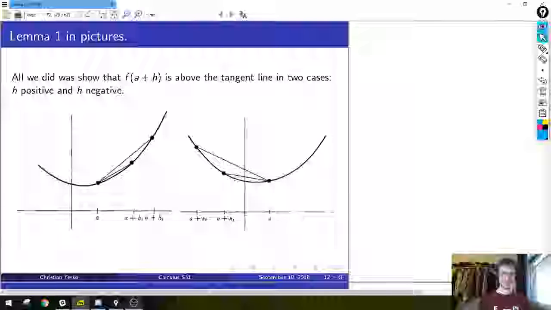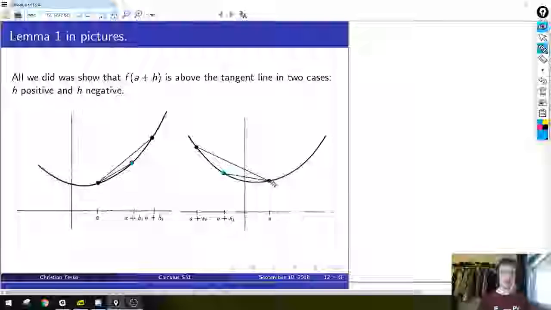The things that we proved are that these slopes in this case are increasing as we take h closer to A, right? Here it's negative, but here it's less negative, so it's increasing. And in the other direction, if h is positive, the slopes are decreasing as we take h closer to A, right? Because this slope is less steep than this slope. But the sentence which didn't sound very convincing a moment ago was that even though the direction of the change in slope is different in these two cases, both of them imply that the graph lies above the tangent line,